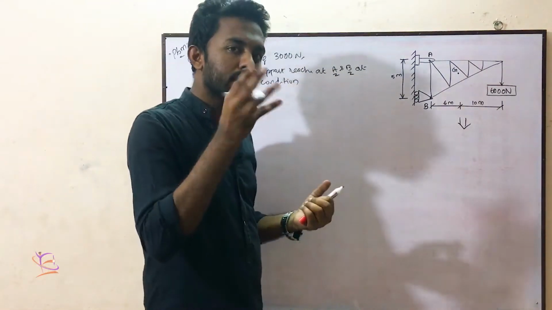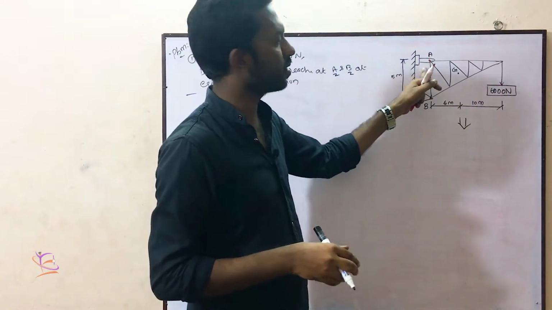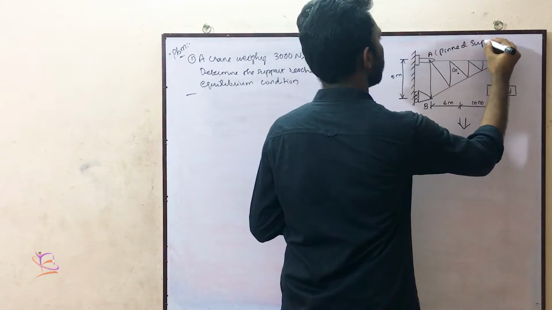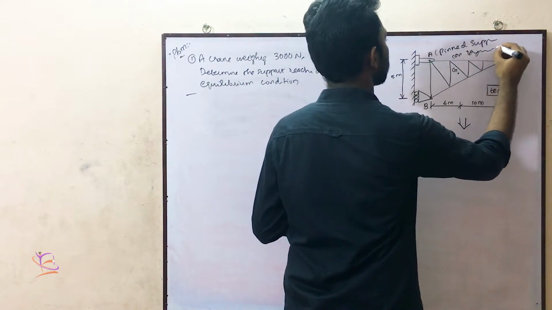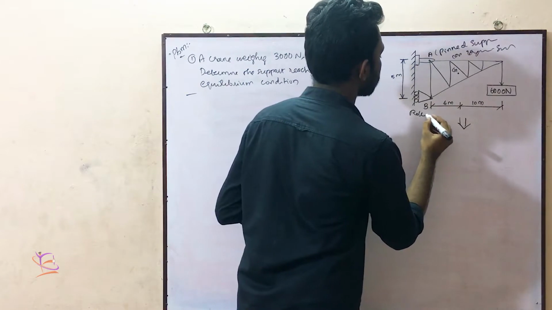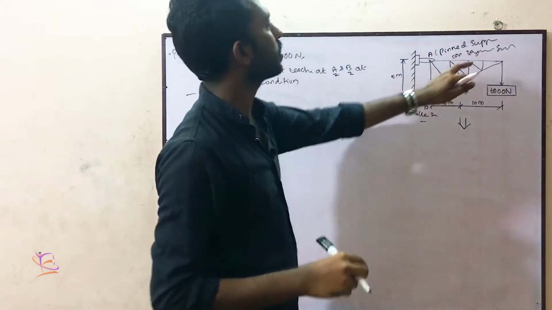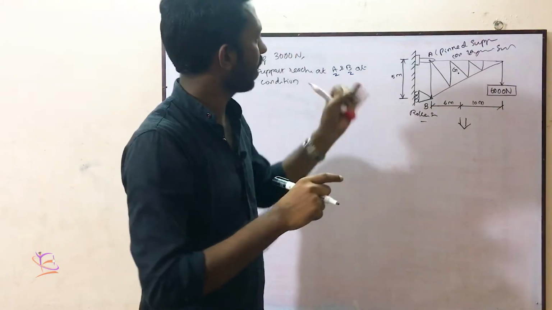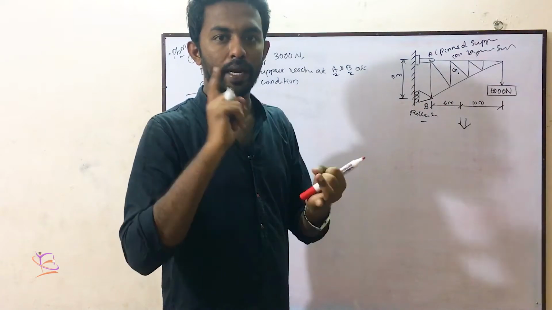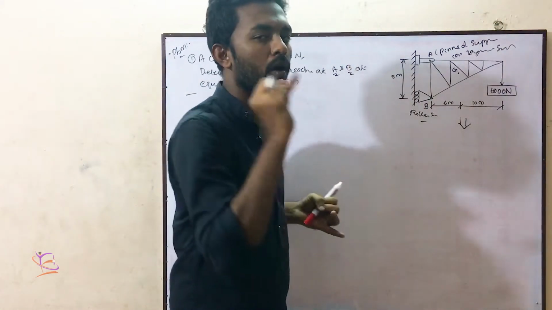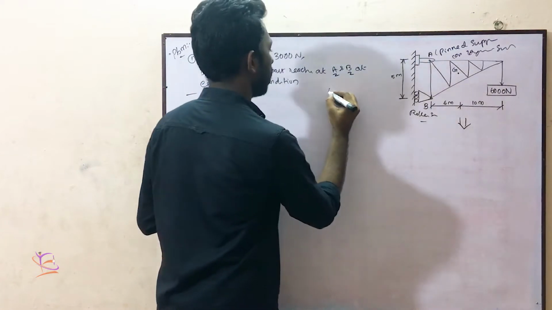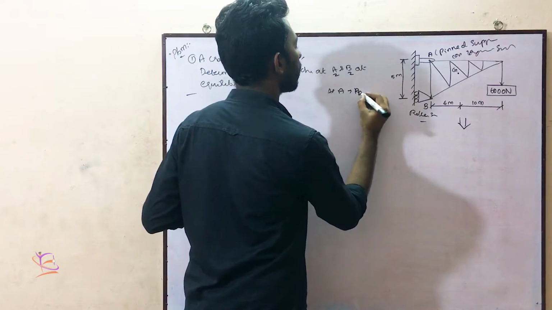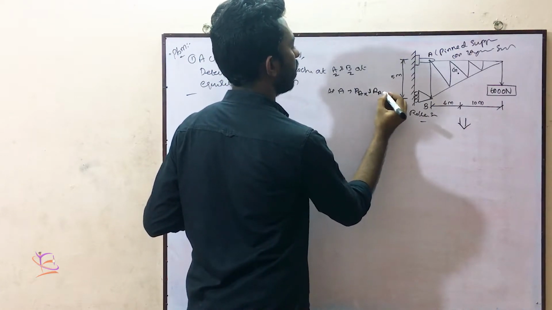Okay. So in the basic introduction about the supports, we already know that this is the hinged support, otherwise pinned support. This is the pinned support or hinged support. Okay. So this is a roller support. So we know that for this pinned support, Rx and Ry will be there. So reaction towards X direction is arrested, Y direction is also arrested. So we can say that Rx and Ry will be there. So at A, Rx, okay, RAX and reaction at A, Y.